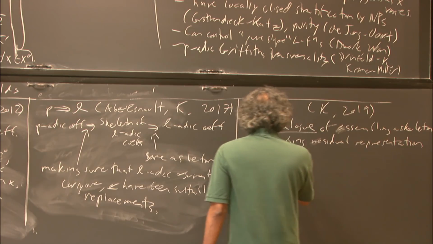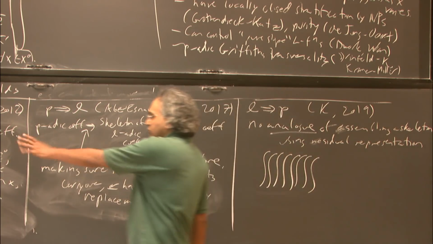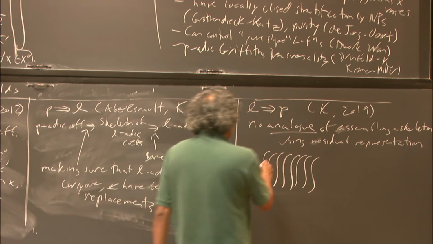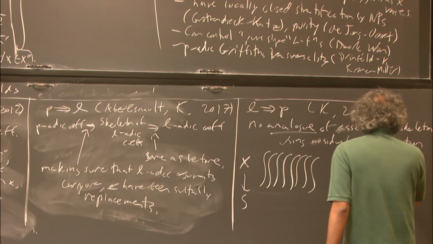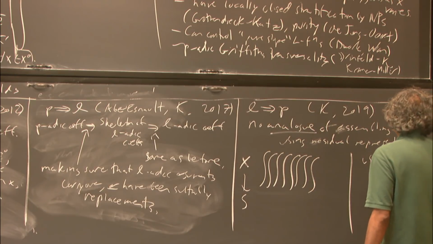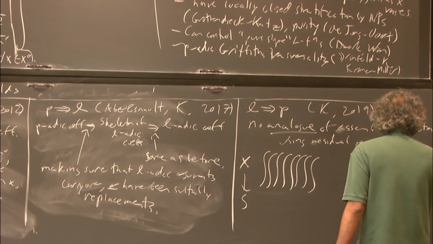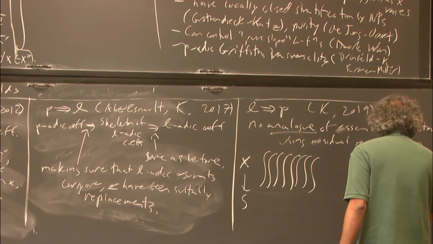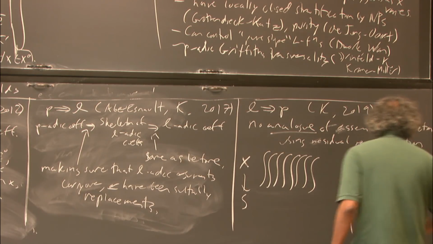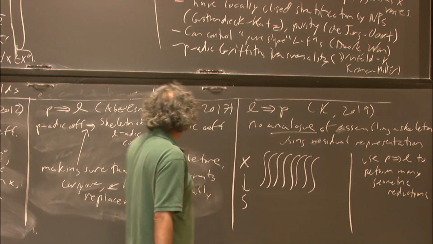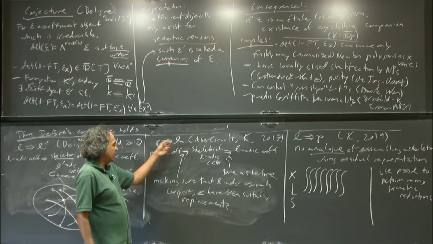However, let me just draw a cartoon of the picture that comes up. This picture also shows up somewhere in here, but the basic idea is you use p goes to l to perform many geometric reductions. This is what I'm planning to talk about this week, or maybe early next week: these geometric reductions. This case gives you a lot